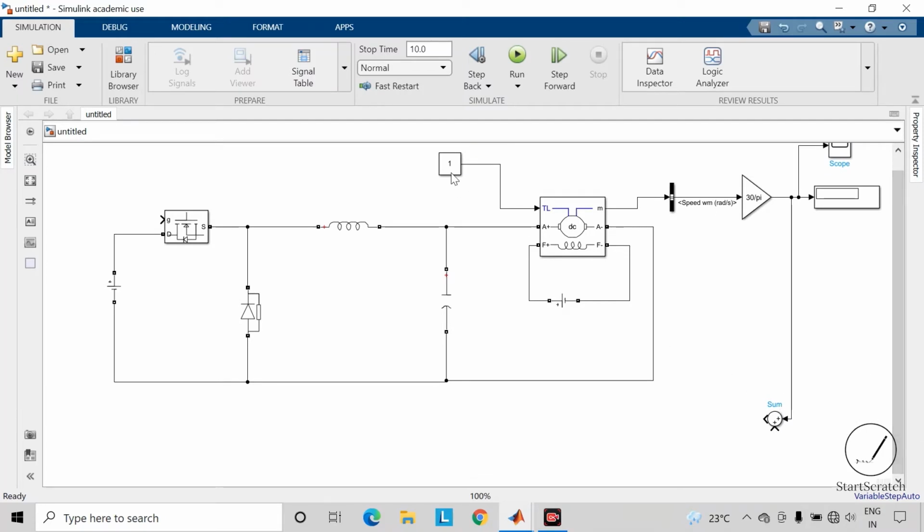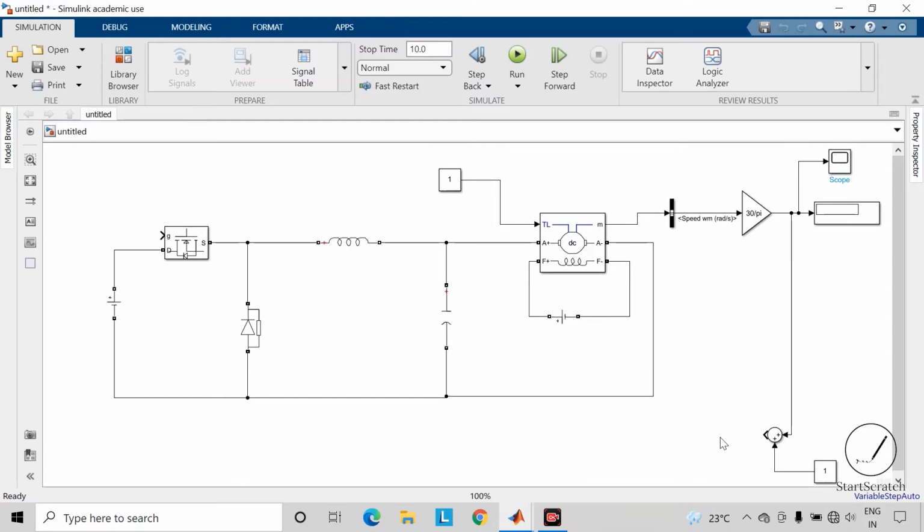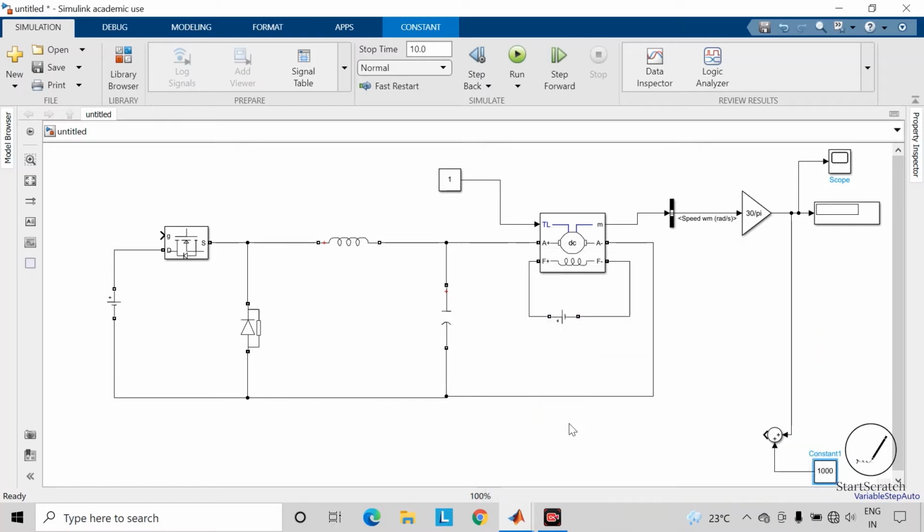Now take one constant block. So here we will generate an error signal and feed this error signal to the controller. So this constant block is nothing but our reference speed, and let us take the reference speed as 1000 RPM.